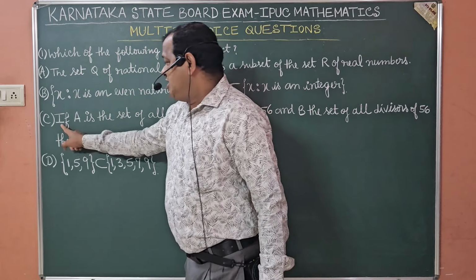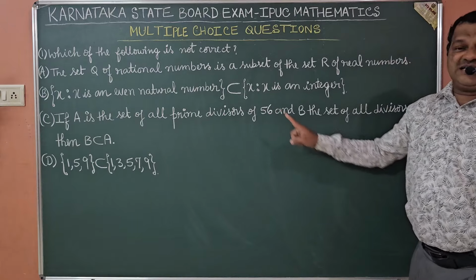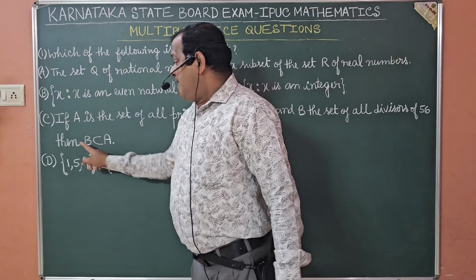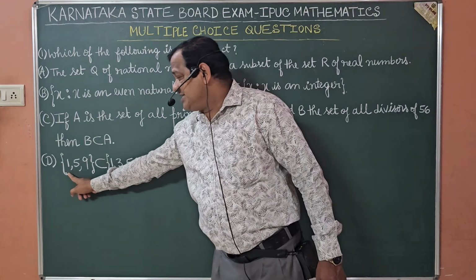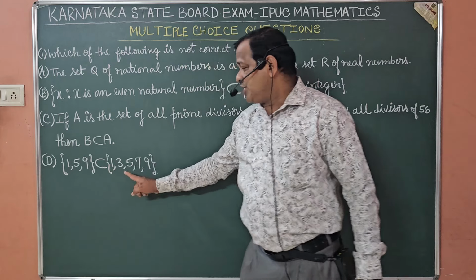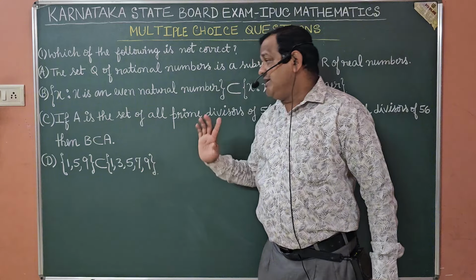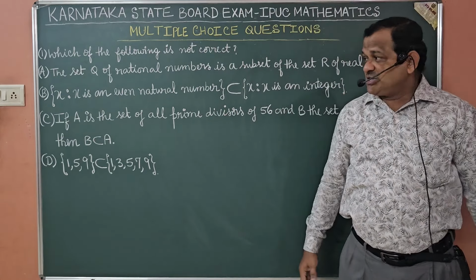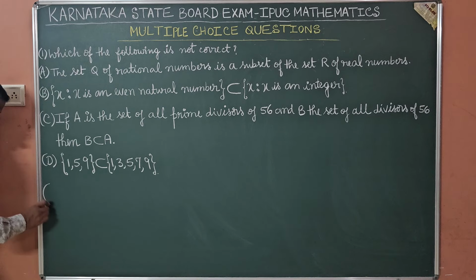Third option, C: if A is the set of all prime divisors of 56 and B the set of all divisors of 56, then B is a subset of A. And the fourth option, D: the set containing the elements 1, 5, 9 is a subset of the set containing the elements 1, 3, 5, 7, 9. So I think you have already answered this question in your mind, and I will tell you,